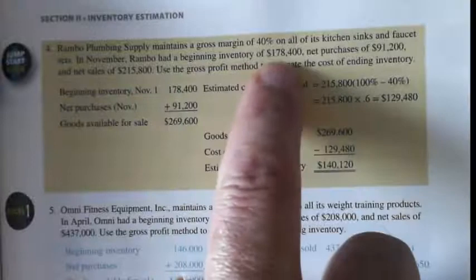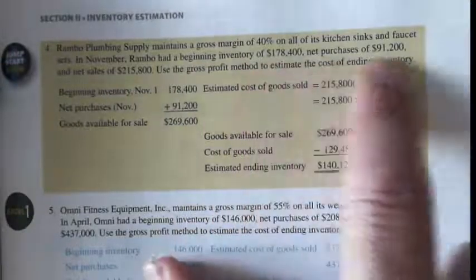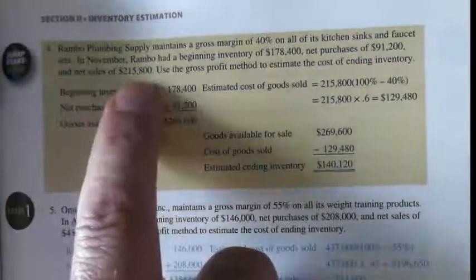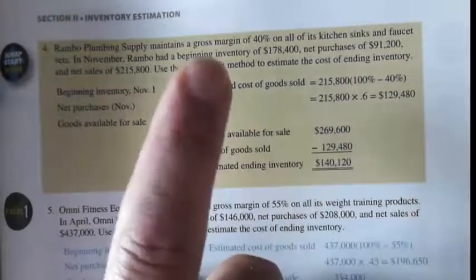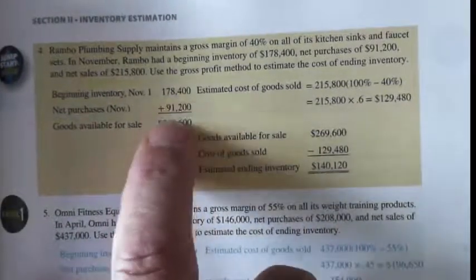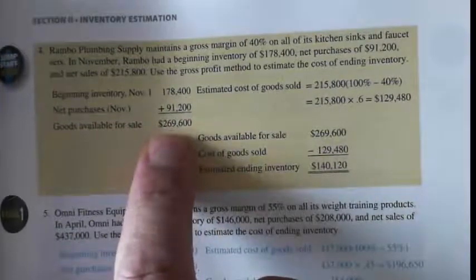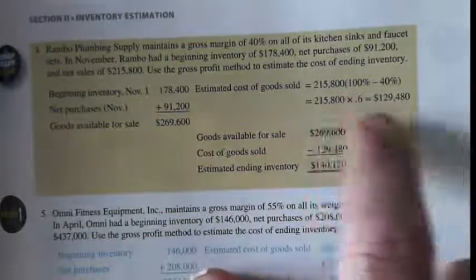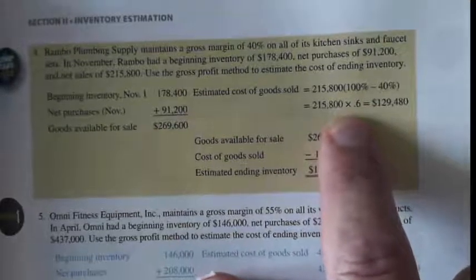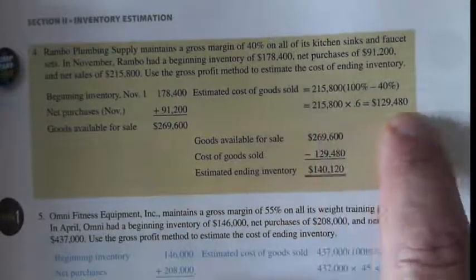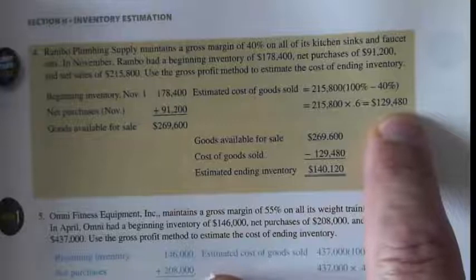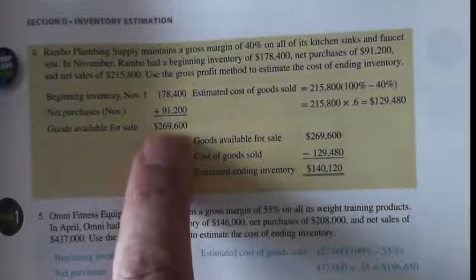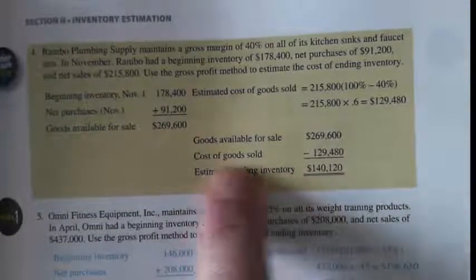November, at a beginning inventory, 178.4. They purchased 91.2. Net sales. So here's the information, very similar to what we were just doing. So beginning inventory, purchases, total. Pretty straightforward too. They had a cost of goods sold times their percent. We calculated 129.480. So we take our numbers in, total goods for sale, subtract cost of goods sold,